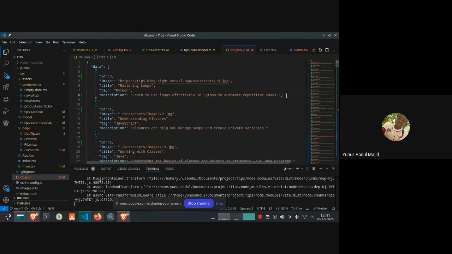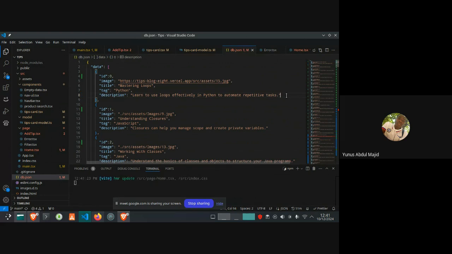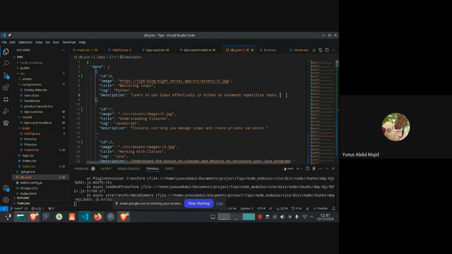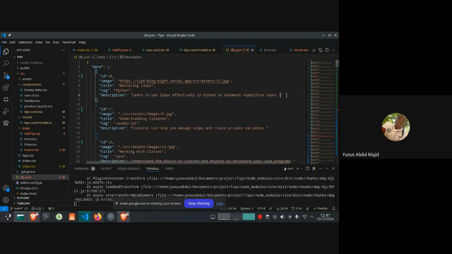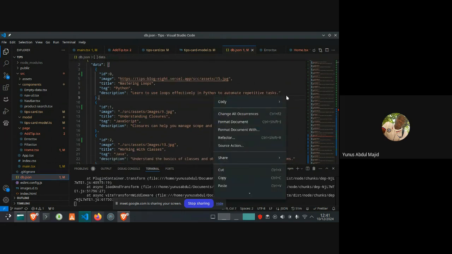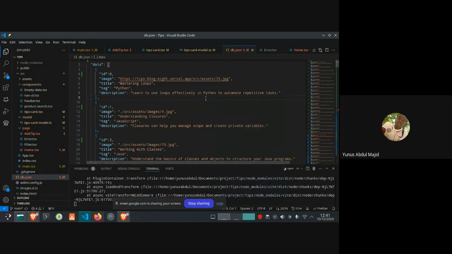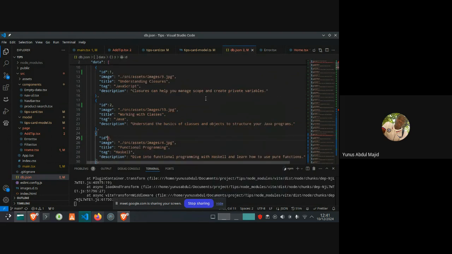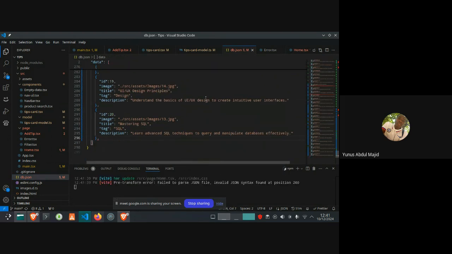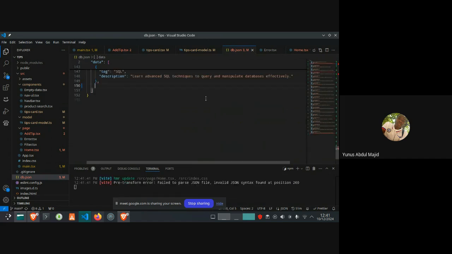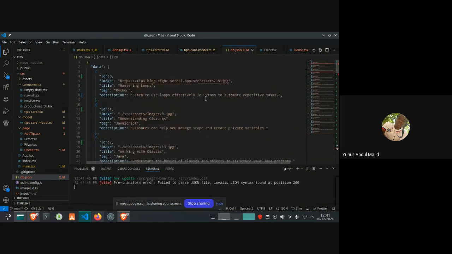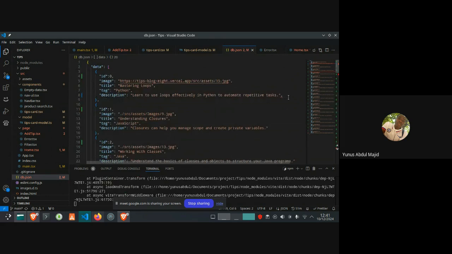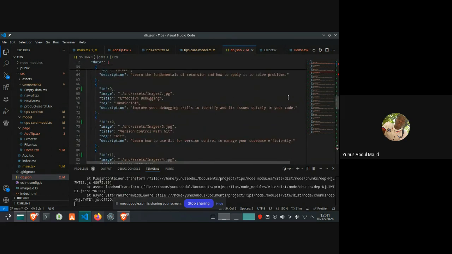Okay, this is the first data. I think we also can duplicate this. So while trying to duplicate, I create another bulk. The idea is to make each of the data unique.